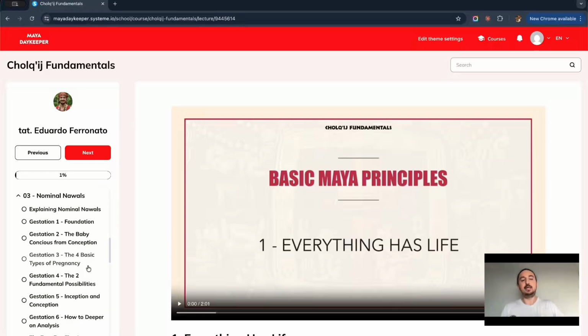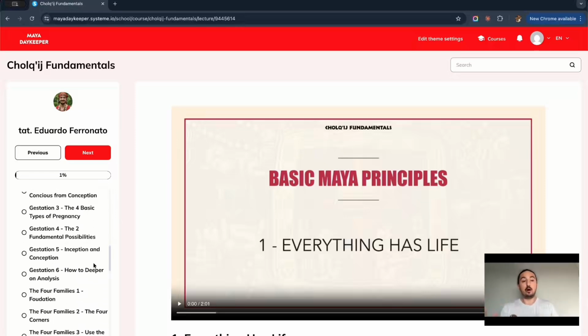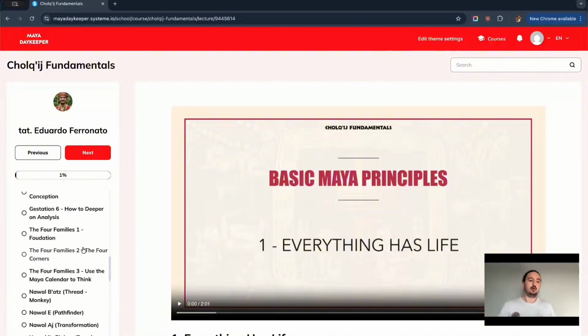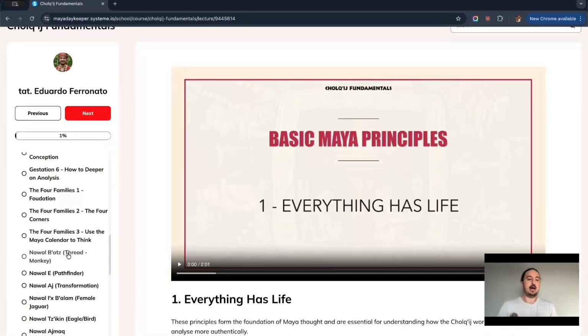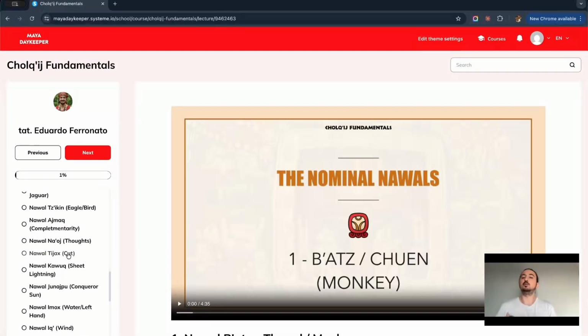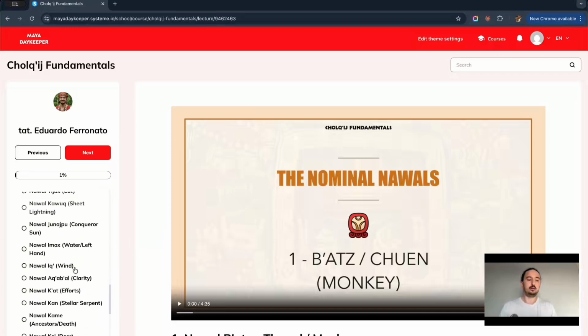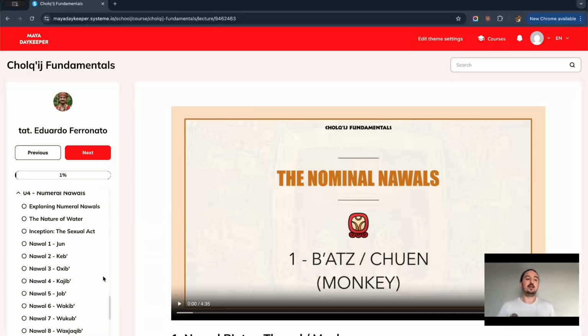I start teaching about the nominal Nawals. I go deeper in pregnancy. I talk more about the development of the baby. I talk about the 4 basic types of pregnancies that the Nawals talk about. I talk about the 4 main families that we classify the Nawals in. And also I go through each one of the Nawals little by little, connecting one by one, explaining how one explains the other. Then the 4th module, we have the numeral Nawals, in which I explain the other part, how